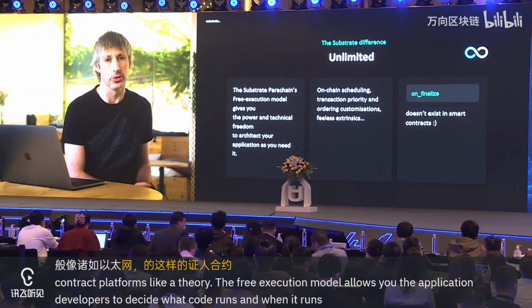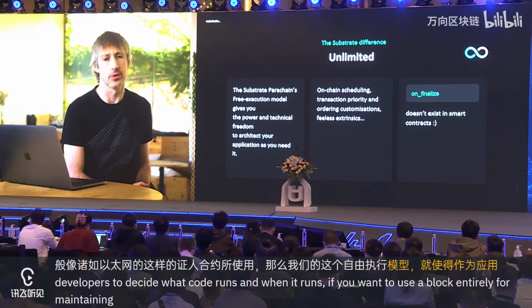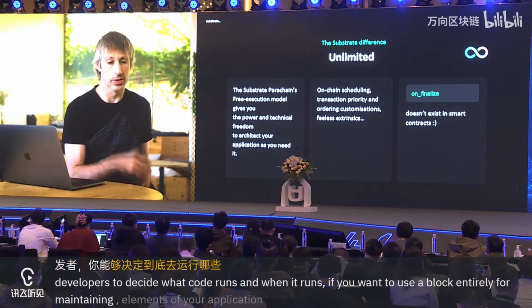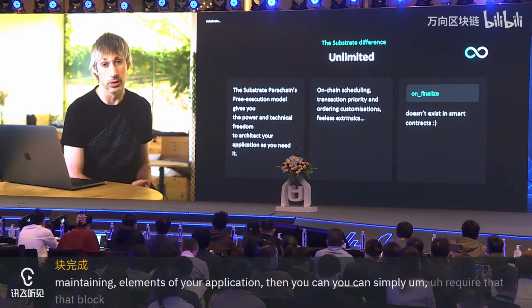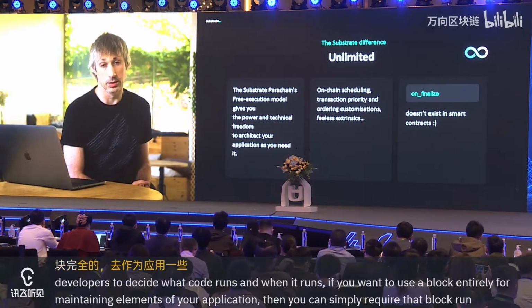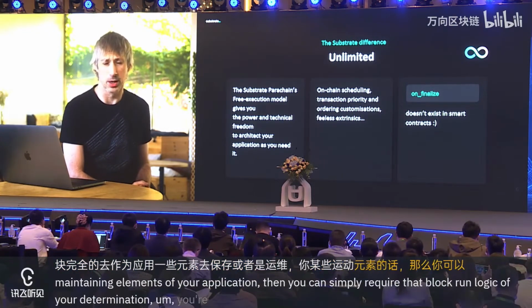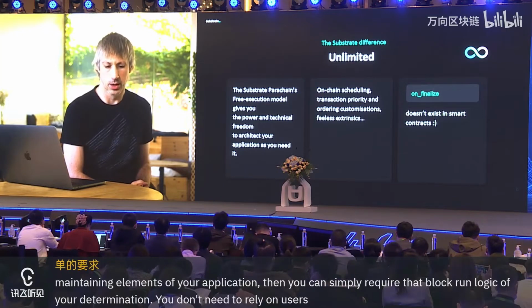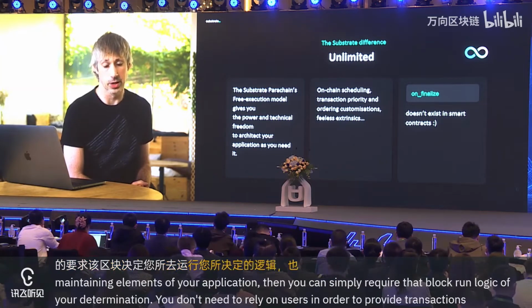If you want to use a block entirely for maintaining elements of your application, then you can simply require that block run logic of your determination. You don't need to rely on users in order to provide transactions that can then be interpreted by your application.